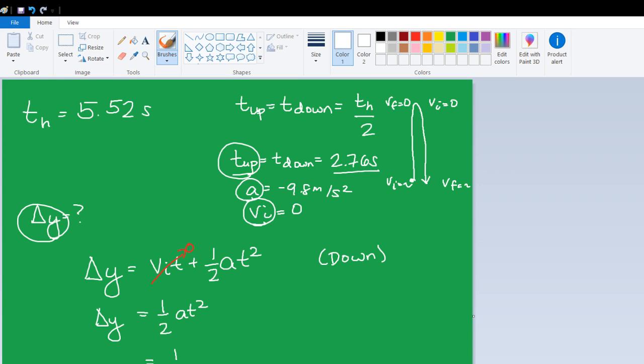We know that A is negative 9.8. We know that the time going down is 2.76 seconds, and we want to square that. Okay, so again, I'll get my calculator real quick. So 1/2 times negative 9.8 times 2.76 squared gives me a value of 37.3 in the negative direction. So this is the 37.3